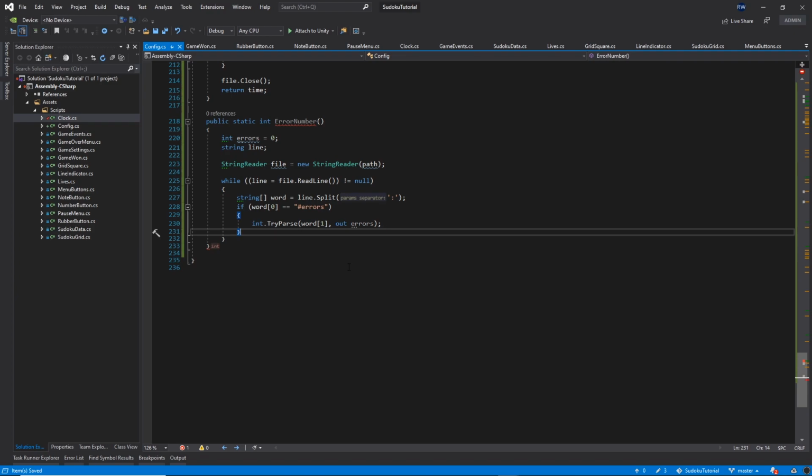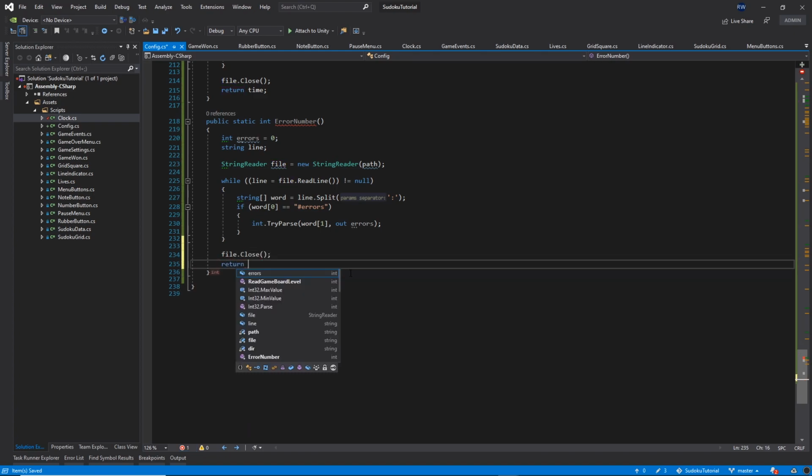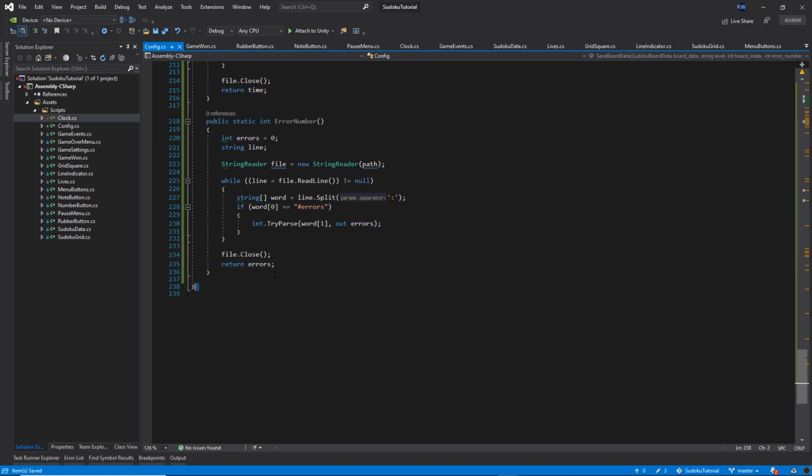Okay, and then outside this while we want to do the file.Close, and then return the errors. Okay, so the last function we want to put is public static